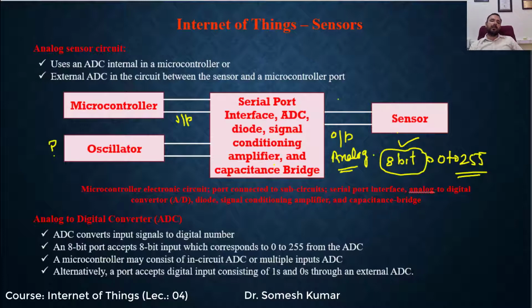So the microcontroller can accept only digital inputs, consisting of 1 and 0. For example, if we say our data is like 0 0 0 1, it is 4-bit data. What is the meaning of 4-bit data? Here it is 1 2 4 8. For each digit some level is defined, so it is basically 8 degrees Celsius. Your microcontroller can accept only this digital data in the form of 1s and 0s.